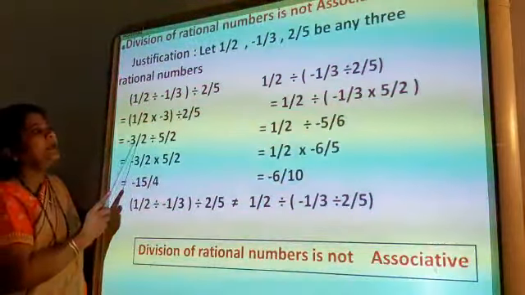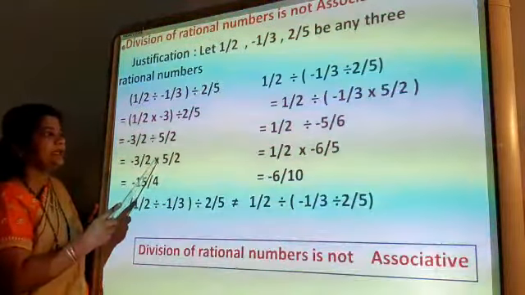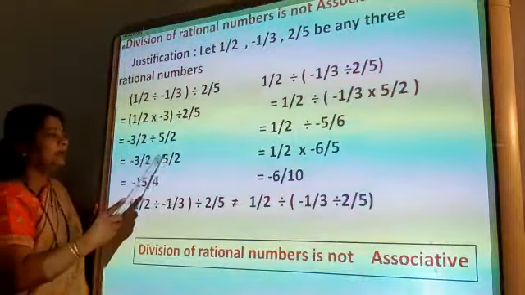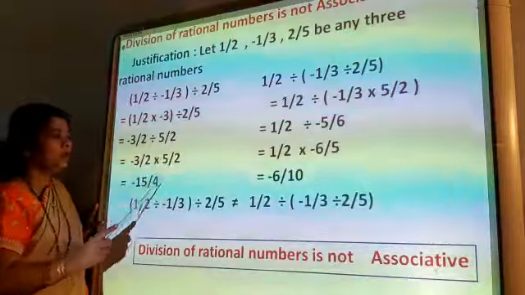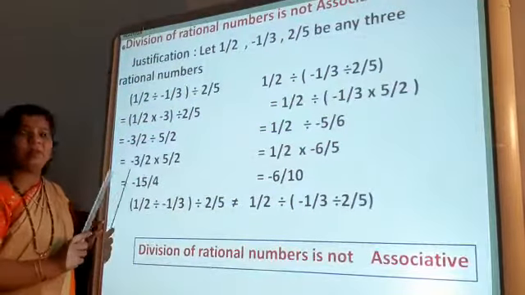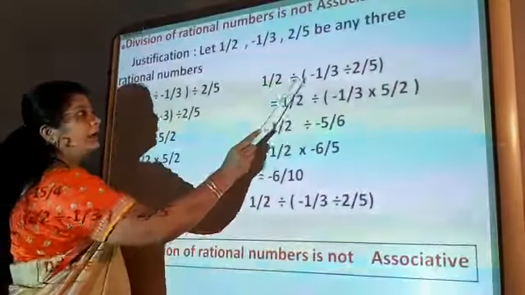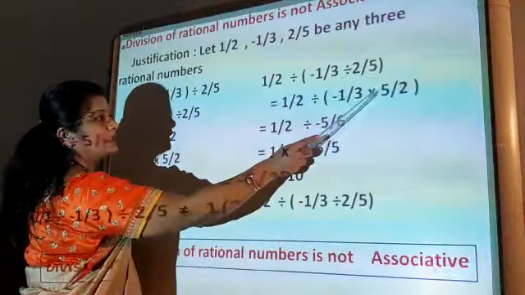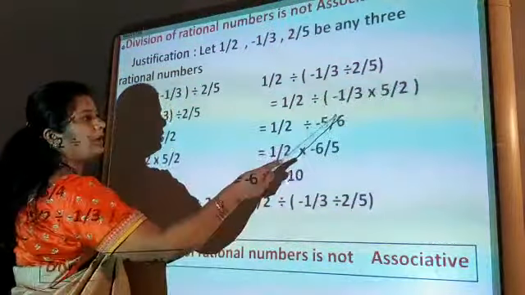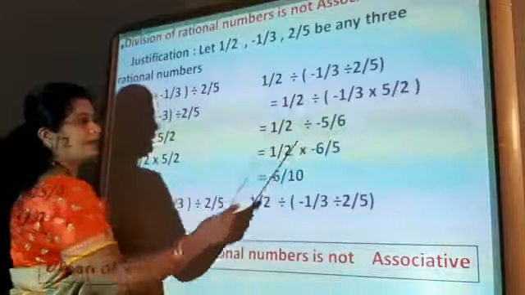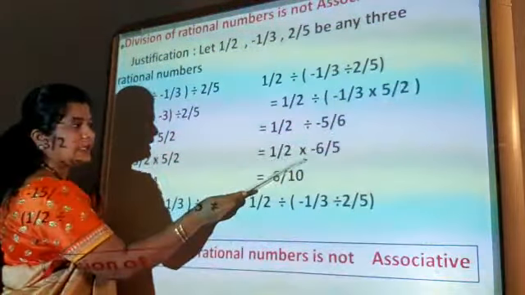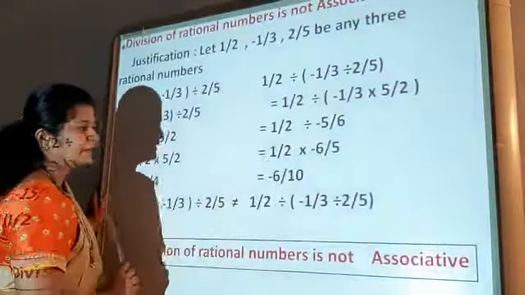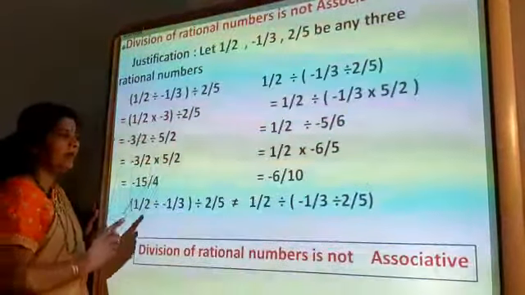Again here, when you are changing division sign into multiplication sign, write the reciprocal of 2 by 5, it becomes 5 by 2. So minus 3 into 5 is minus 15, 2 2s are 4. The answer we got is minus 15 upon 4. And here, group the last two numbers, 2 by 5 and 1 by 3. So division sign is changed into multiplication sign, it becomes 5 by 2. Minus 5 into 1 is minus 5, 2 3s are 6. So again here, I have changed division sign into multiplication, this minus 5 by 6 will become minus 6 by 5. So when you find the product, it is minus 6 by 10. So in both the cases, we got different answers.